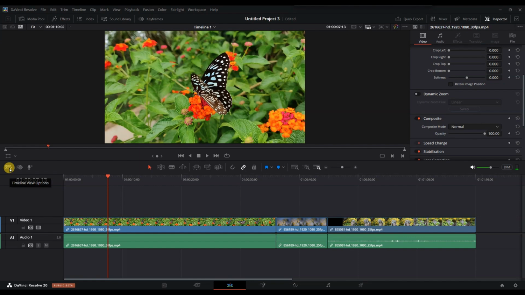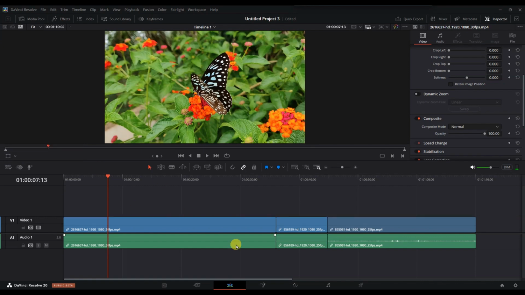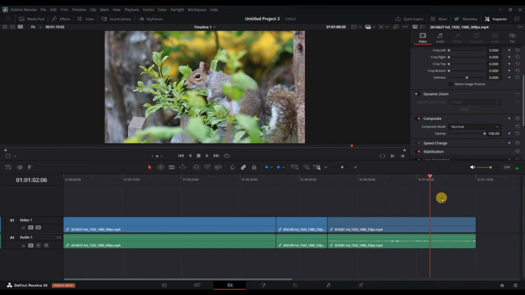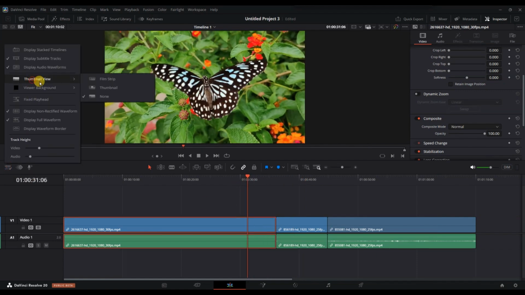Next, to disable the timeline preview, simply click on it and from the drop-down option, select Thumbnail View. From there, select None to disable the timeline preview. This will stop the preview in the clips, which can be helpful if you want to reduce distraction or improve performance on slower computers. To enable the timeline preview, simply go back to the same settings and then choose Thumbnail